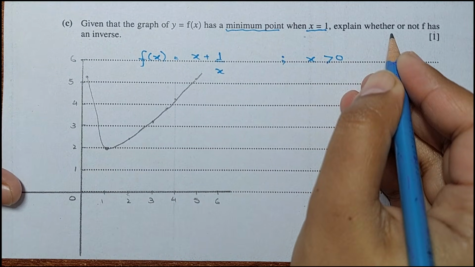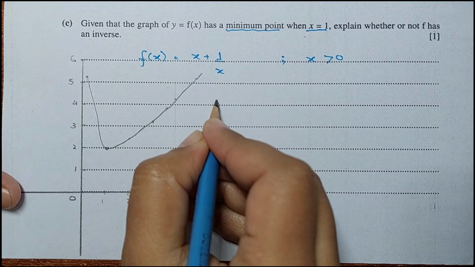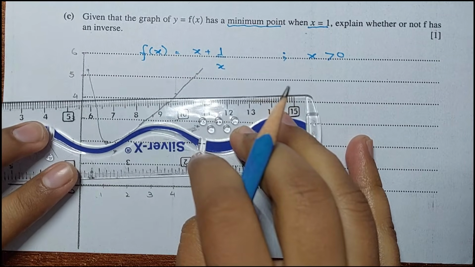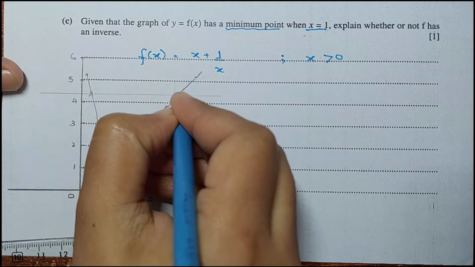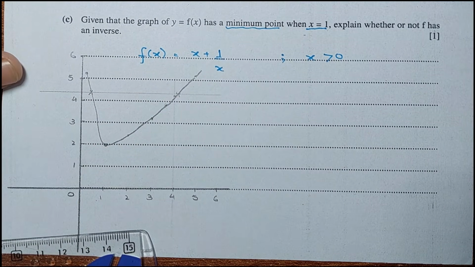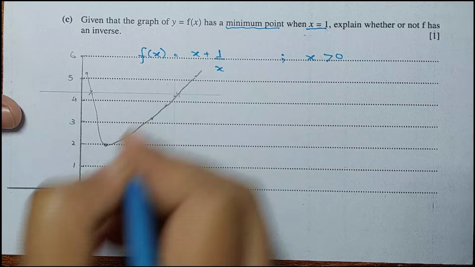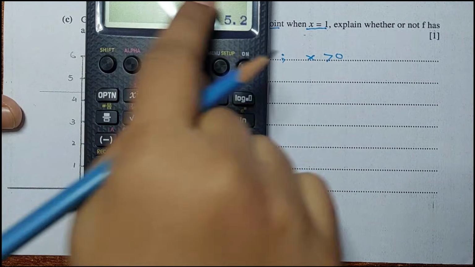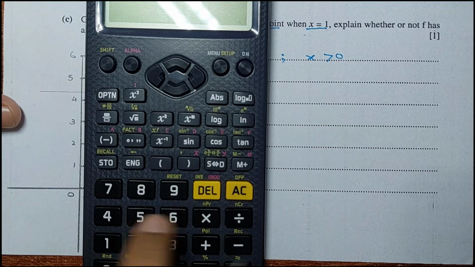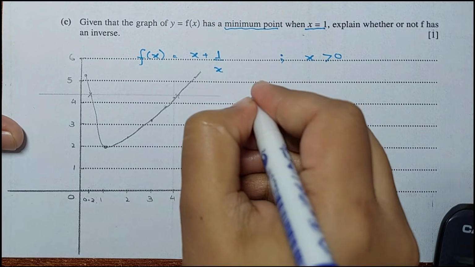So you guys can see f inverse does not exist. Why? The first thing is it does not satisfy the horizontal line test. This graph does not satisfy the horizontal line test. If you draw a horizontal line at any point, it intersects at 2 points, right? And the second thing is the function is not one to one, right? For every input the output is not unique. When you give the input 5, the output is 5.2. When you give the input 0.2, the output is also 5.2. You guys can see 0.2 gives 5.2 and 5 plus 1 over 5 is also 5.2, right? So these are the two reasons we can say f inverse